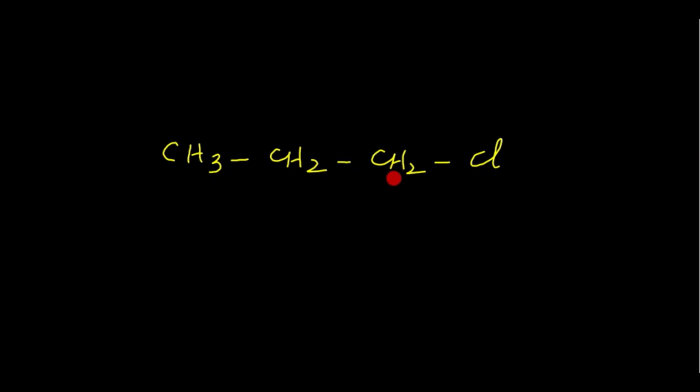But we will focus on the carbon atom with which the halogen atom, that is, the functional group, is directly attached. What is the nature of this carbon? This carbon is primary carbon. Why is it primary carbon? Because this carbon is directly attached with just 1 carbon, right? Although we have 3 carbon atoms, the carbon atom with which the functional group is attached is directly attached with just 1 carbon atom. That's why this carbon is primary carbon. Since this carbon is primary carbon, the nature of this alkyl halide is primary alkyl halide.